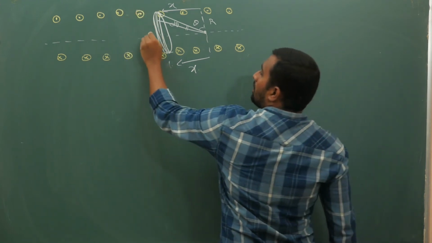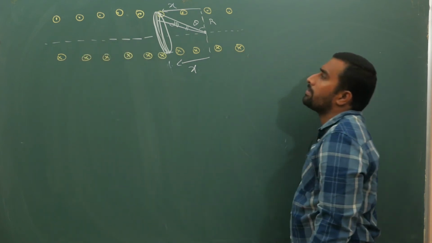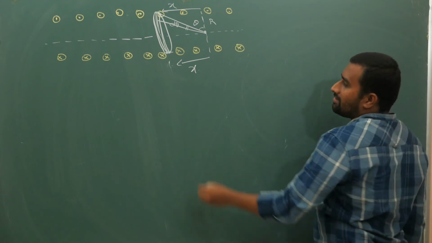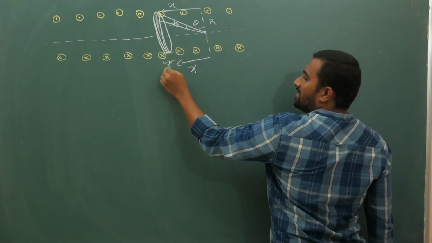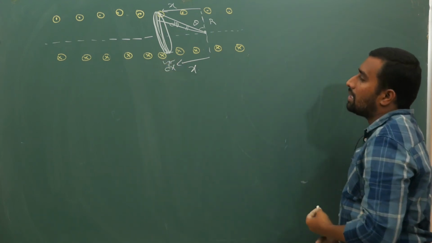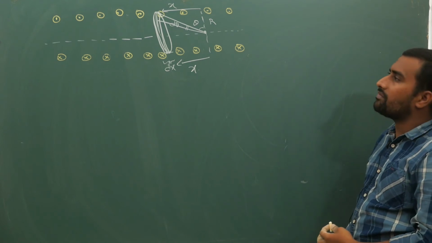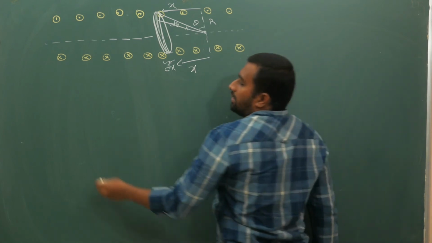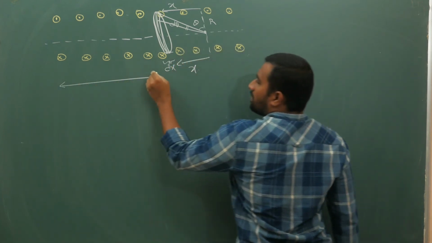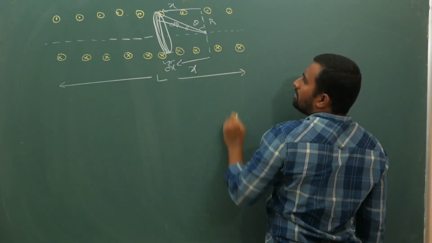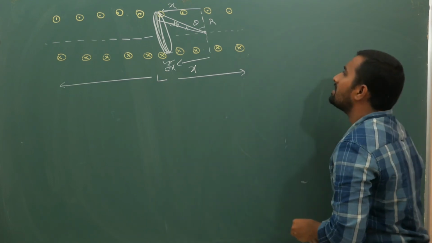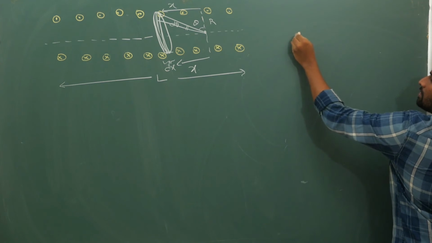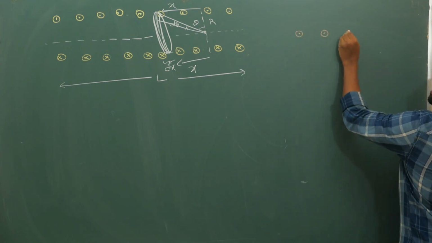Now, if you take this small patch of width dx, how many turns are there in this, that is also important. So in a length of L from here to here, if the length is L, for clarity's sake I will draw another diagram, so that I do not make any confusion here.